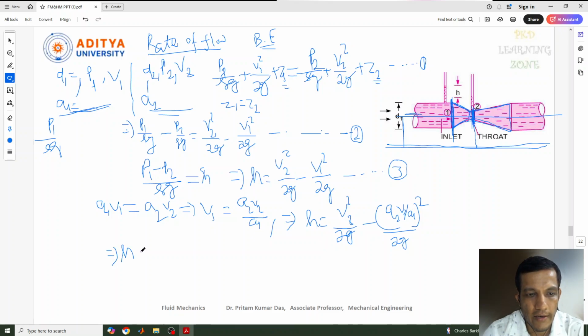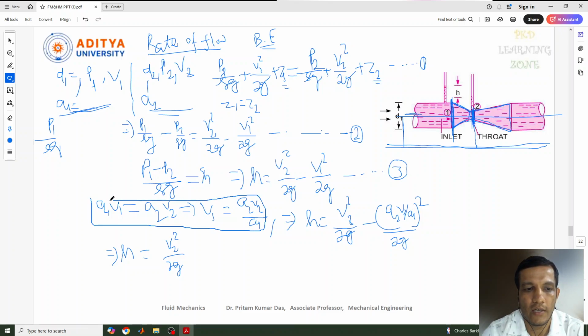What we'll get, H equal to, we can write, why I have done this one, because I want to convert all this velocity into a single term. V2 is there, so let me convert this into V2. If you want to convert this into V1, you can also do it from this equation. So this is as per the continuity equation. Now what I can write, V2 square by 2g, and this one also you can write,